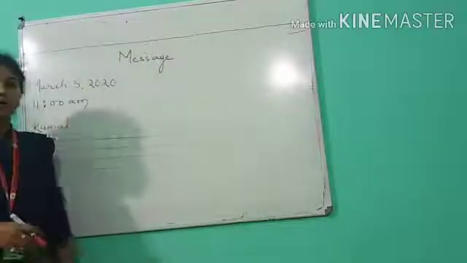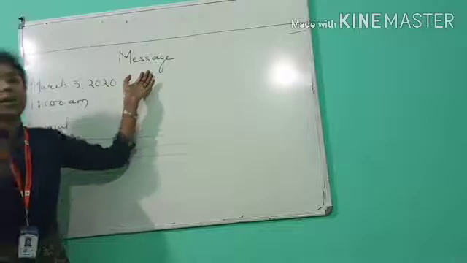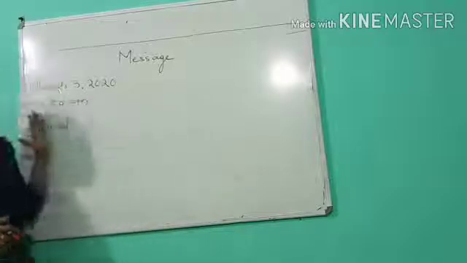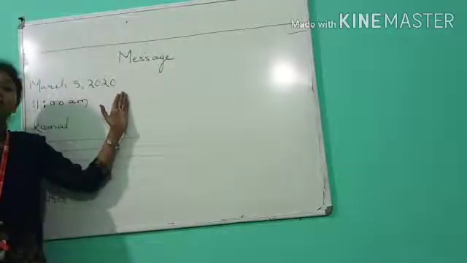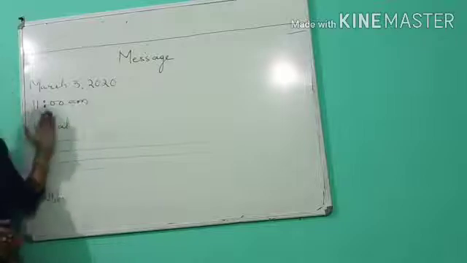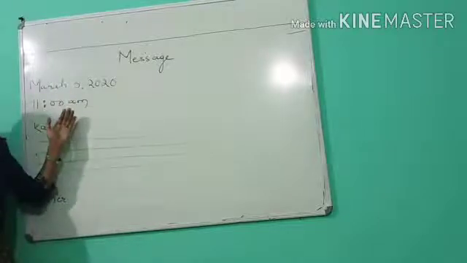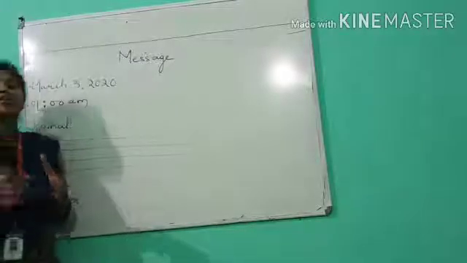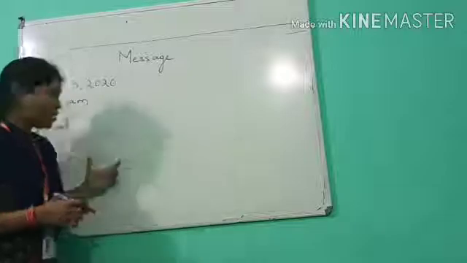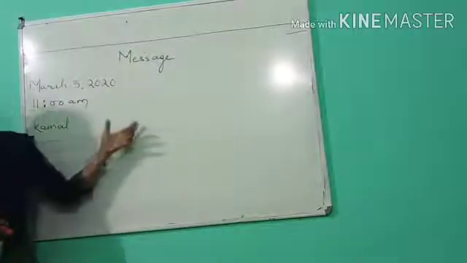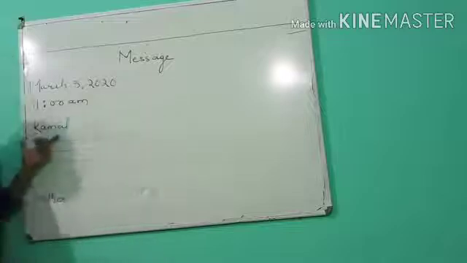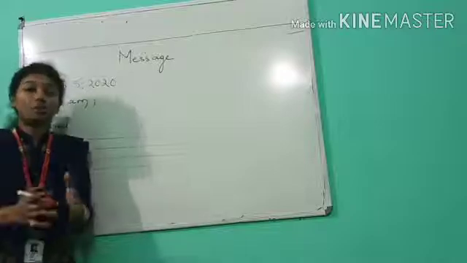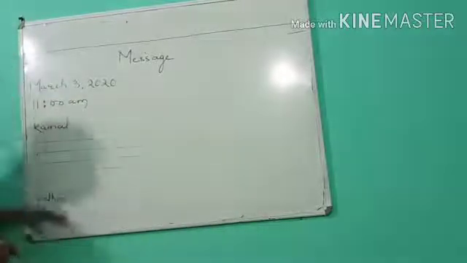Think that this is a paper, right? First, as I told you in the guidelines, the rules of how to write a message: at the top you need to write message. In the left hand corner you need to write the entire date and year, okay? And then after a space, write the time, okay? And then you need to write a brief salutation, right? Father is writing here, so he cannot say dear, my dear child. He simply wrote the name Kamal and he wrote the message of what the principal has told about you, and simply he has written at the end